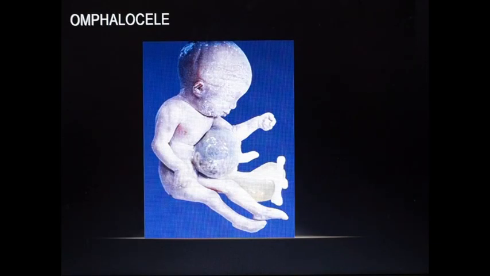Clinical aspects of midgut. The first is the omphalocele. Omphalocele is also called exomphalus, where the primitive midgut loops which are formed outside the abdomen fail to involute back into the abdominal cavity, which happens after the 10th week of intrauterine life. If they fail to involute back into the abdominal cavity, the condition is called omphalocele. So we can see the umbilical sac containing coils of intestines which are present outside the abdominal cavity.